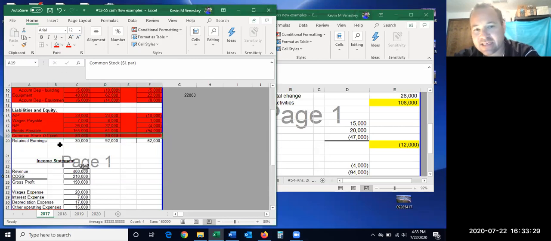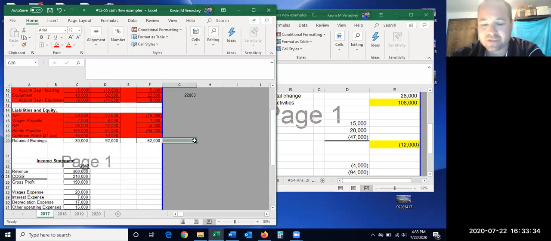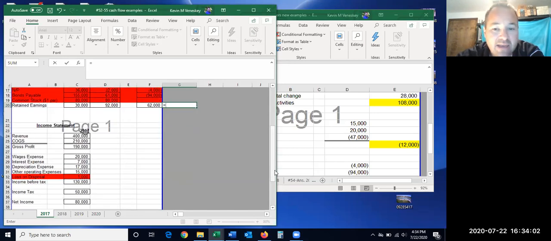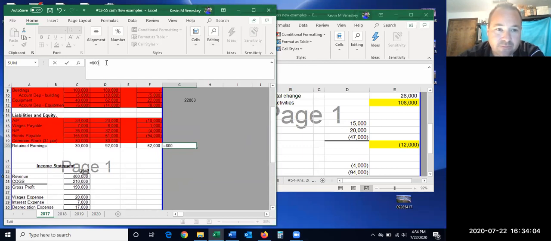The last thing is the retained earnings, and it went up 62,000, but let's figure out why it went up 62,000. If you think of closing entries, and as long as nothing else happened to retained earnings, like sold treasury stock at a loss, but you would have to be told that. Let's assume nothing else happened. The 2 things that go into retained earnings when you close things out are your income summary, which is your net income, and dividends. So if I started at 30 and I added in my net income of 80,000,